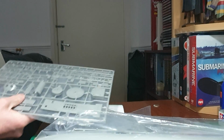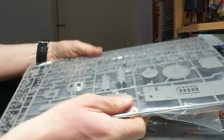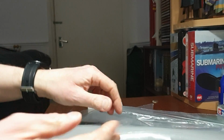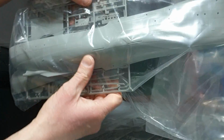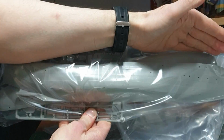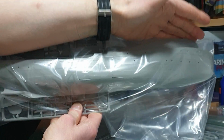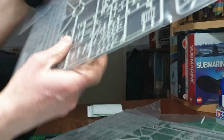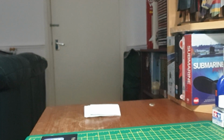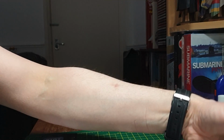And then you get, basically, as you can see, if I can get this out, you've got 1, 2, 3, 4, 5, 6. That's the actual hull. I mean, it's half, well, actually the length of my arm. So there you go. And then 6, 7, 8 sprues. So you get 8 sprues of this. I'm just going to pop them down in the corner,